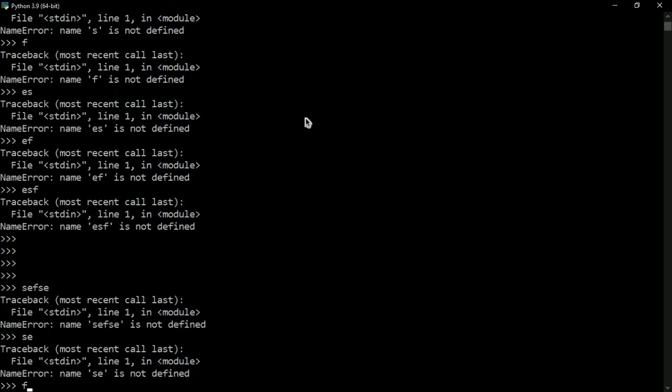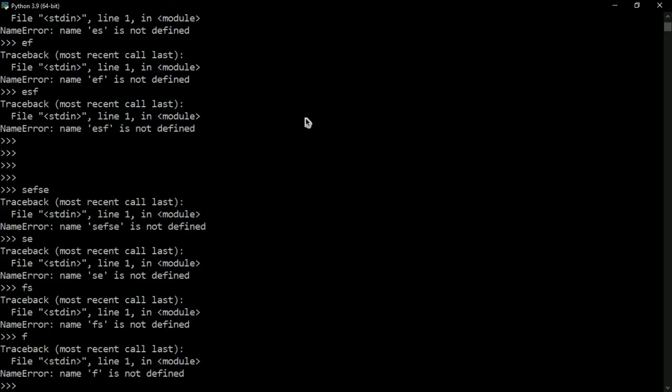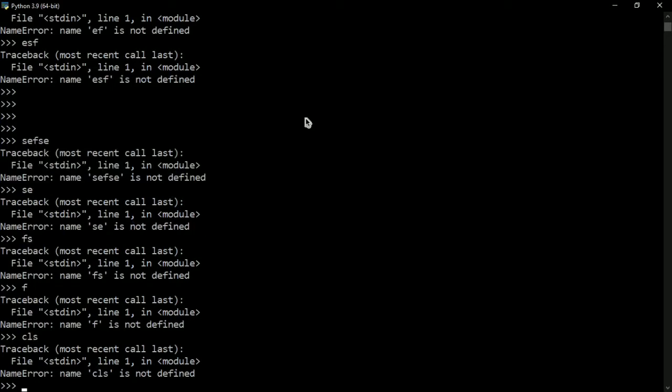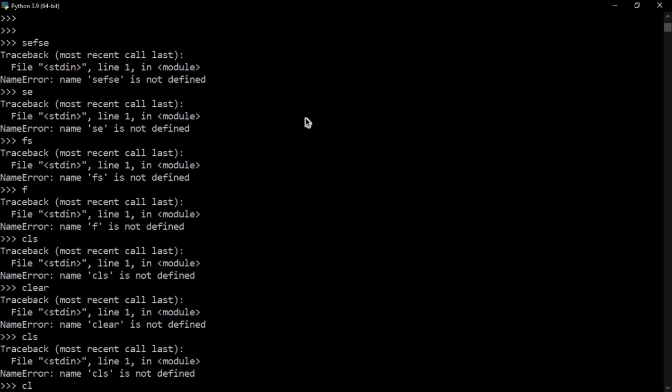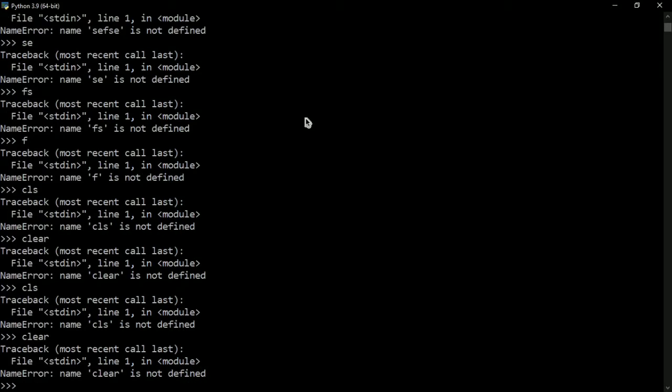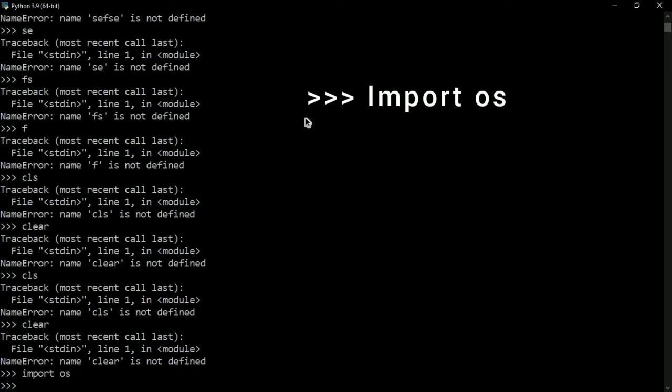As you have known, Python doesn't offer any screen clearing function. So if you type CLS or clear here, it doesn't clear and shows you an error because there is no such function in it. To incorporate a function, let me just type here import os. You have to type import space os, then press enter and then type